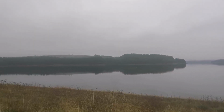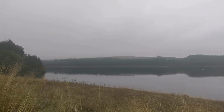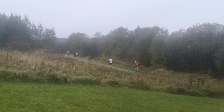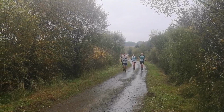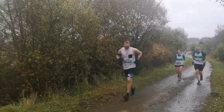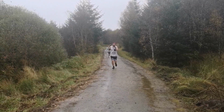But about 21 miles in, I then hit the second wall, and I was just like, fuck this. I was just focused on getting to the end. I was like, I'll just walk the rest of the way if I have to. Wasn't in a good place. And then about, I think, 3 miles from the end, I started looking at my watch thinking, actually, if I run this at 10-minute miles, then I can still easily get under 5 hours. So I started to put a bit more of a dig in, started running again, really just started pushing it,